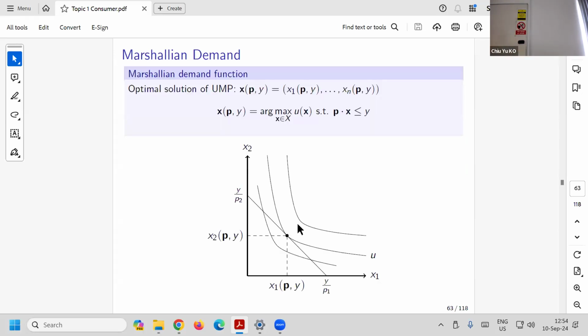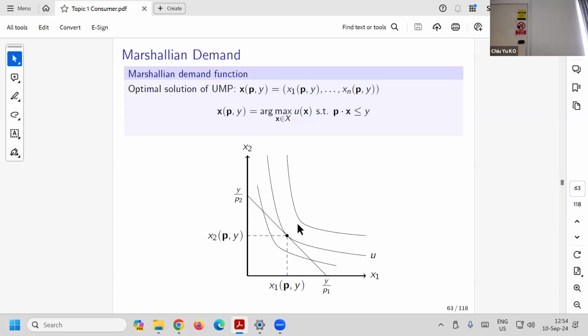Now, what we established is there exists a unique solution to this problem, which is not difficult to see, because you have a budget line and you keep drawing an indifference curve, which is concave to the origin, and there must only exist one point that optimizes. Okay. Because the problem is given by your income Y and price P, right? And there's only one solution, so that's why the solution to this